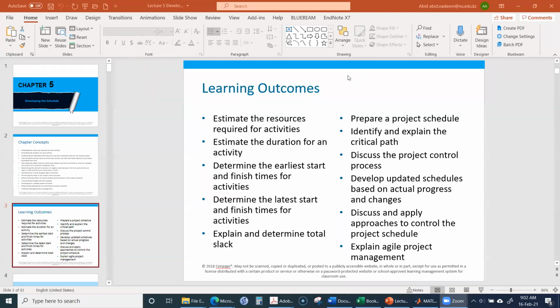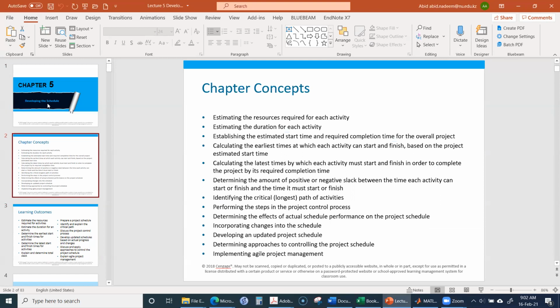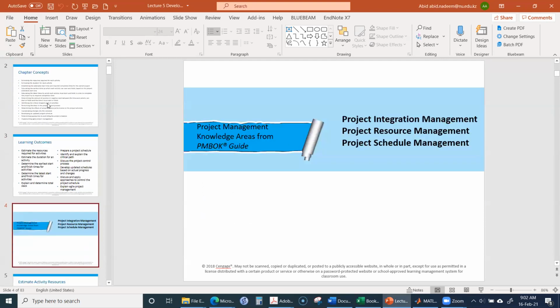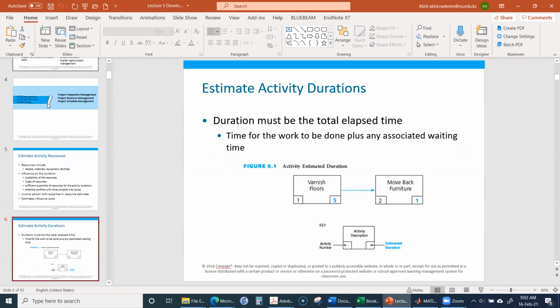Okay, so learning outcomes we studied for this topic, that is developing the schedule, chapter concepts, learning outcomes, and this topic is related to which areas of the project management body of knowledge. And then there was a slide about estimating the activity resources,